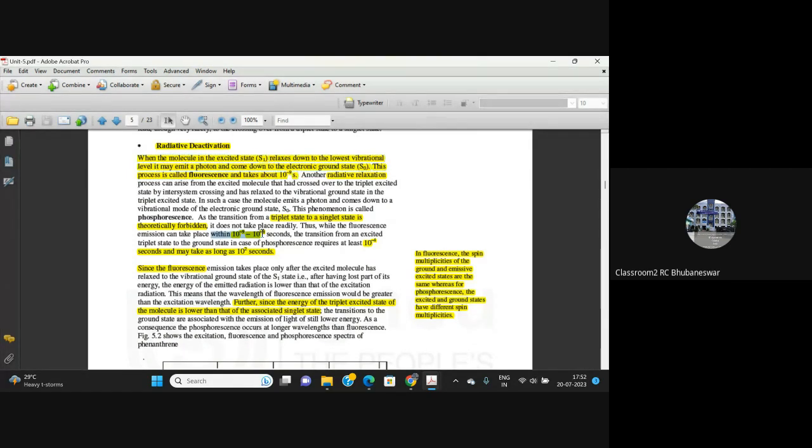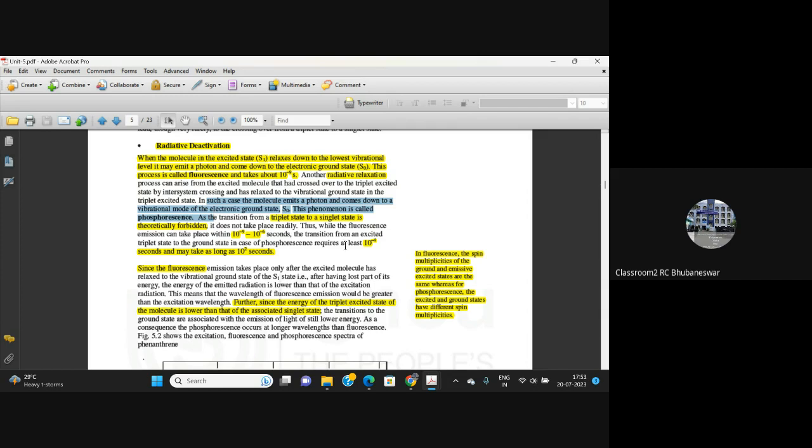Mostly within the range, it is 10 to the power minus 9 to minus 6 second. Another radiative relaxation process can arise from the excited molecule that has crossed over to the triplet excited state by intersystem crossing. If it relaxes to the vibrational ground state in the triplet state, then such a molecule will emit a photon and come down to the ground state S0, and this phenomenon is known as